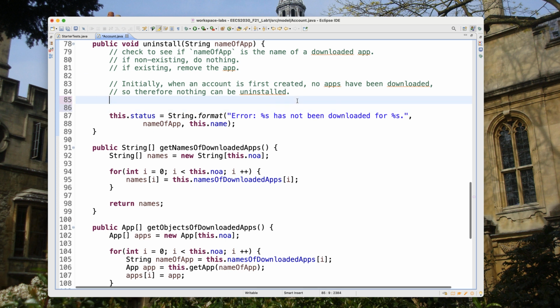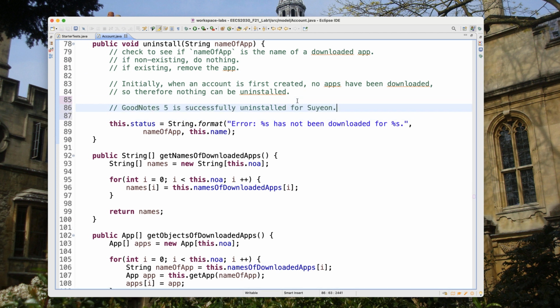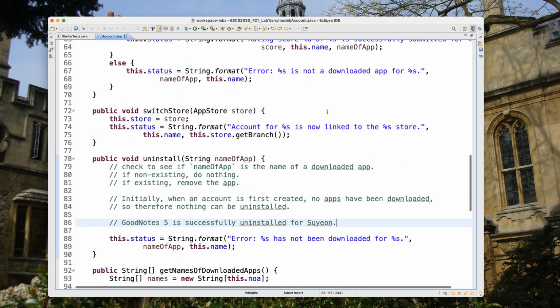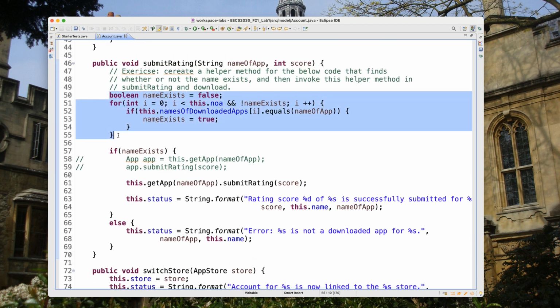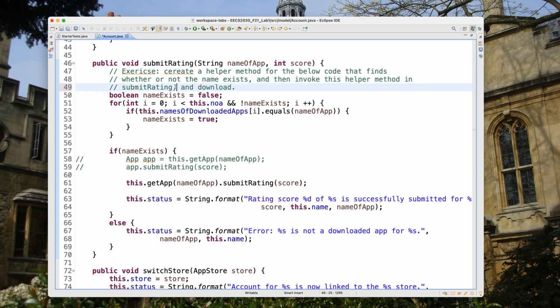So this is the message where it has succeeded. Again, we're also going to use this part here to check to see if the name exists. That's why it's really worth it for you to do a helper method. Okay, so methods in submit rating, download, and